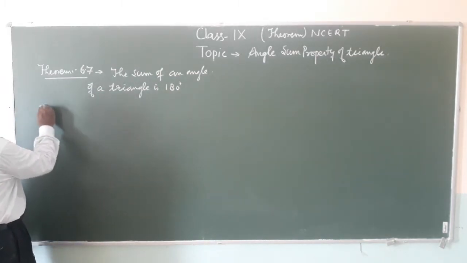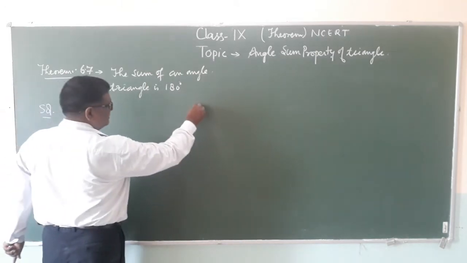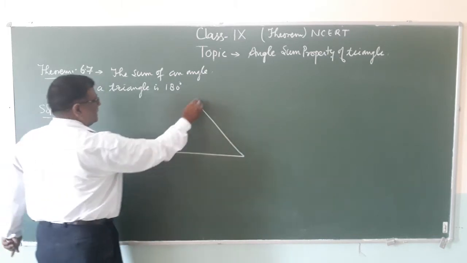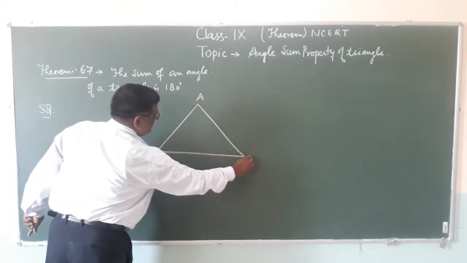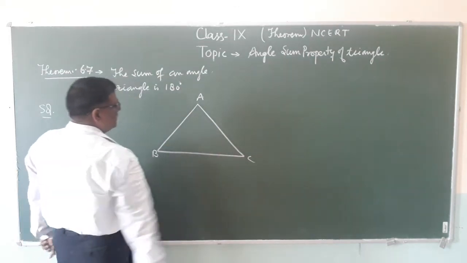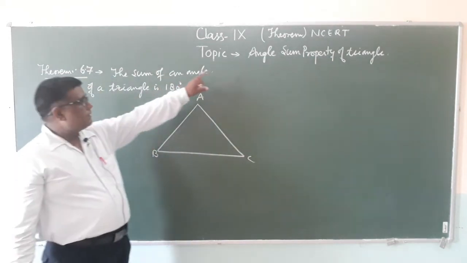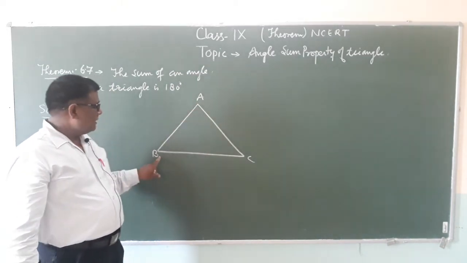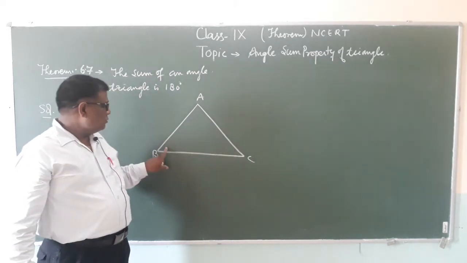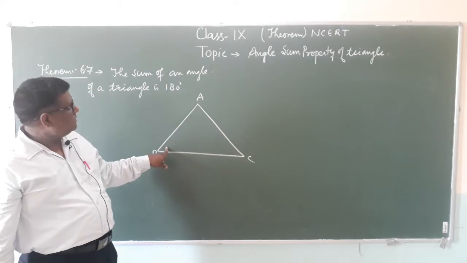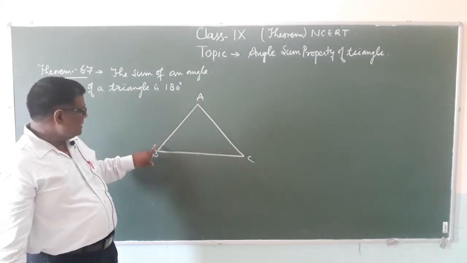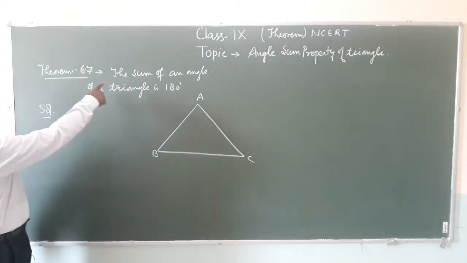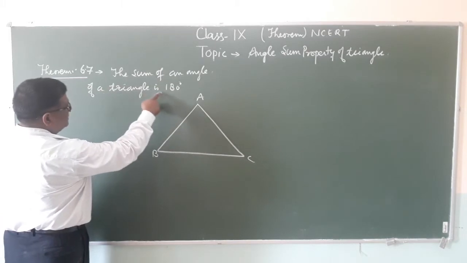In the solution, draw a triangle, this one, that is ABC. These are the vertices of the triangle. What is the property of a triangle? A closed figure bounded by 3 line segments. It has 3 vertices, 3 angles whose sum is 180 degrees, and 3 line segments, that is AB, BC and AC. So we look here, the sum of the angles of a triangle is 180 degrees.